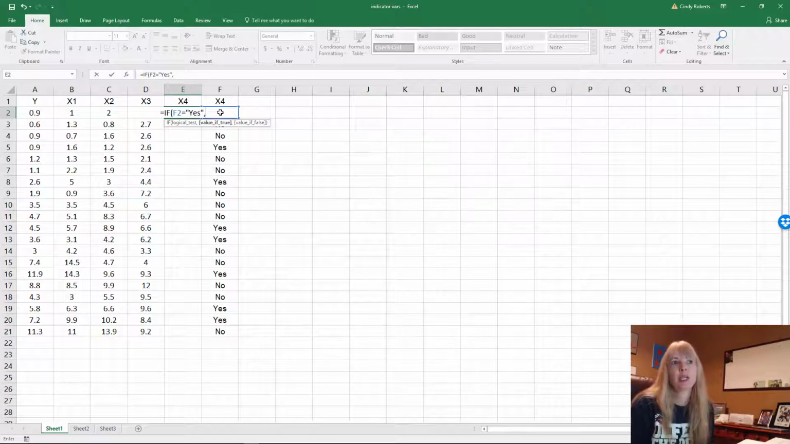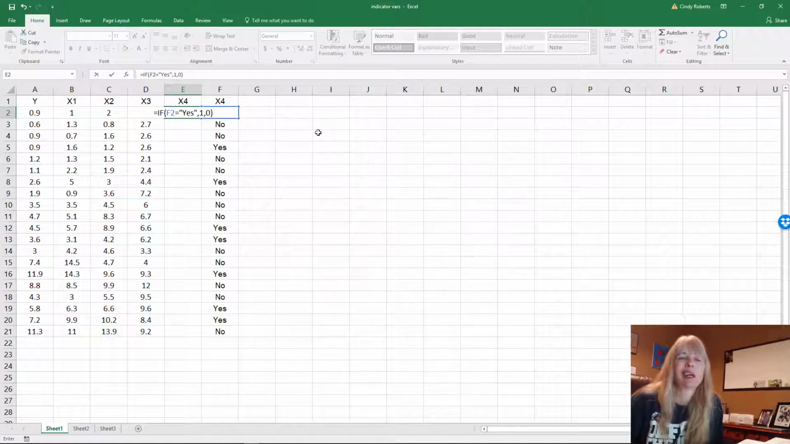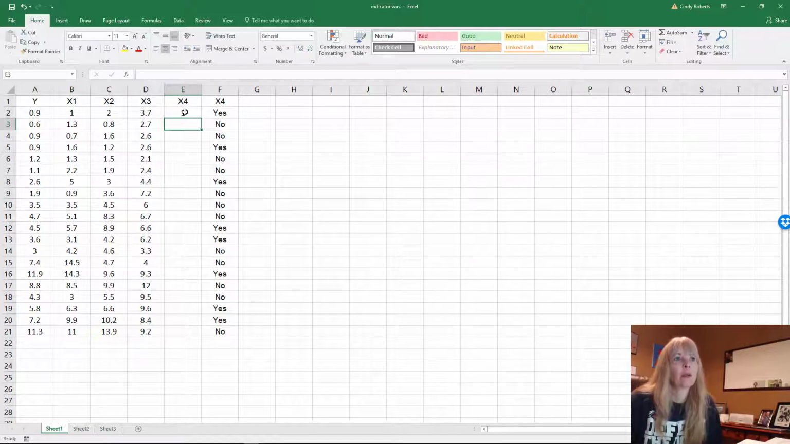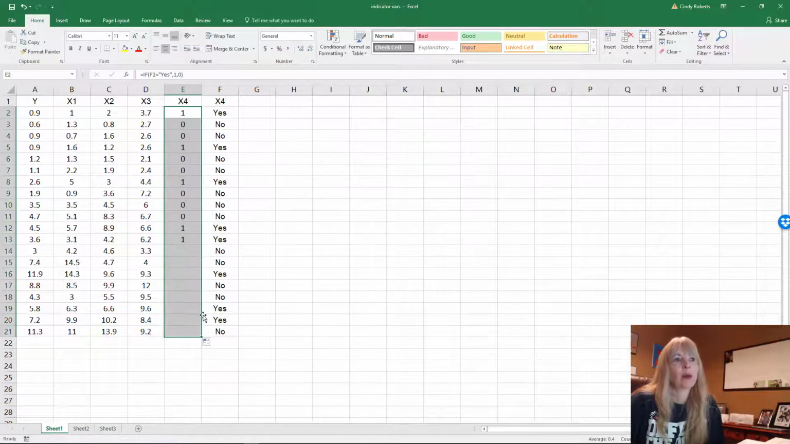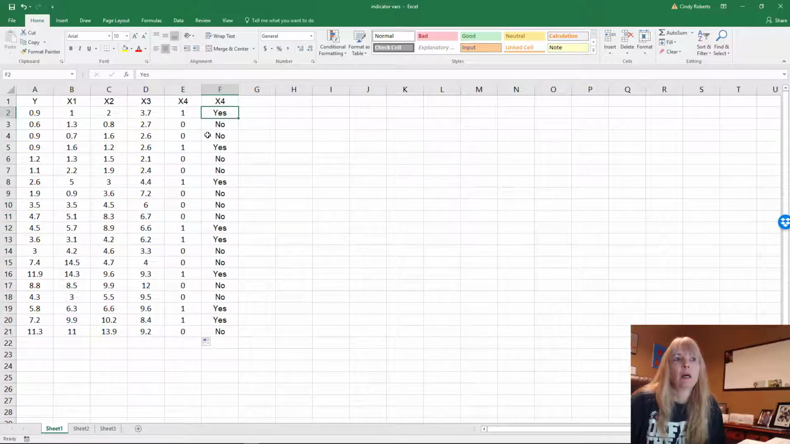So if this is yes, then I'm going to put a 1. Otherwise, if it's no, I'm going to put a 0. Okay, so kind of like binary, right? That on or off. I press enter, and then I can copy this straight down. And so what I've done is my qualitative variables, these dummy variables here, I've turned them into numbers,